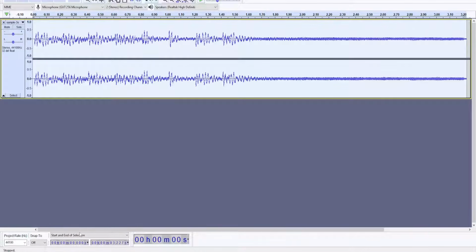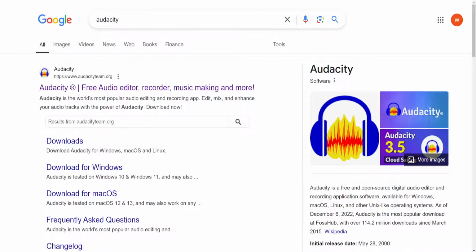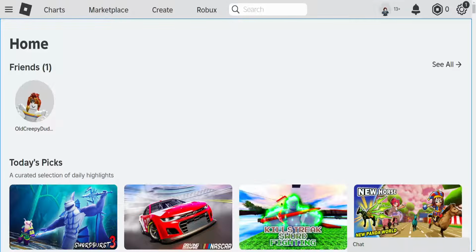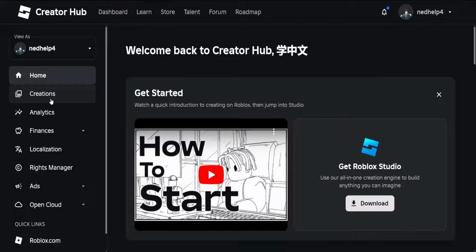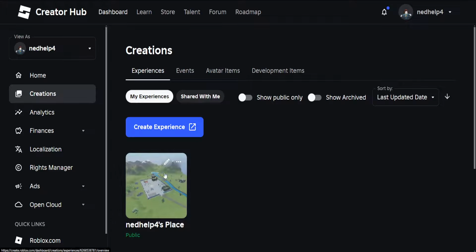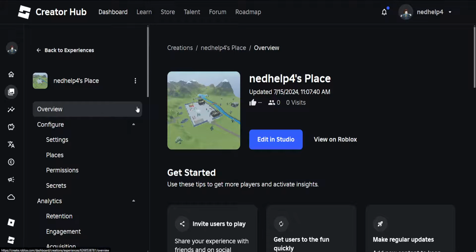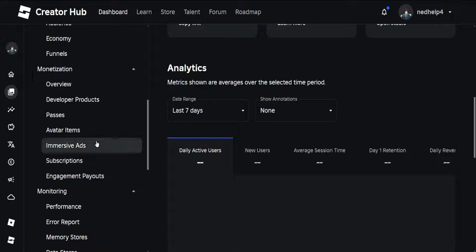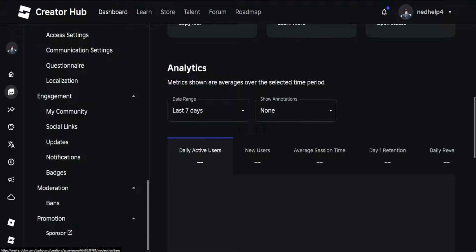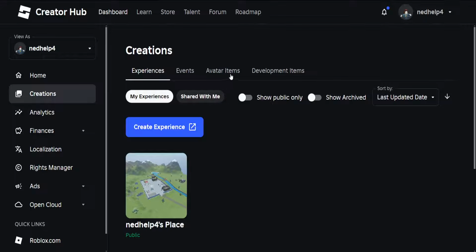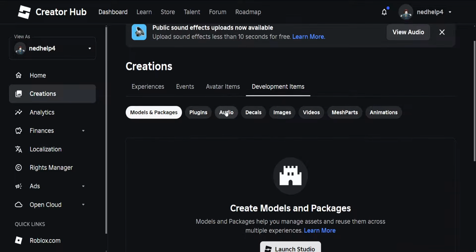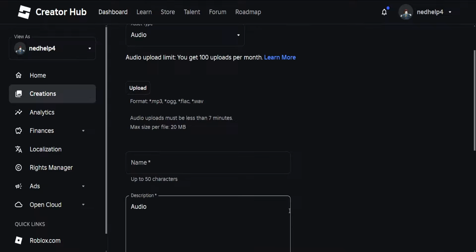Okay. Now, after we have done this, what we're going to do is we're going to open up Roblox here. We're going to click on create, and we'll just upload this audio here. So we're going to go into creations. I'm going to click on my place. And here I just want to find where it was. Give me a second. Okay, yeah, so after we click on creations here, we will go to development items and audio, and here we can upload an asset,